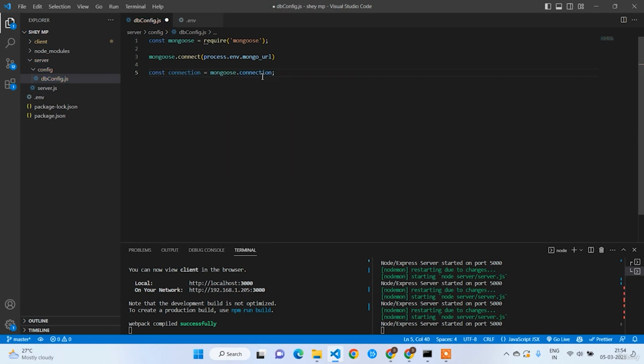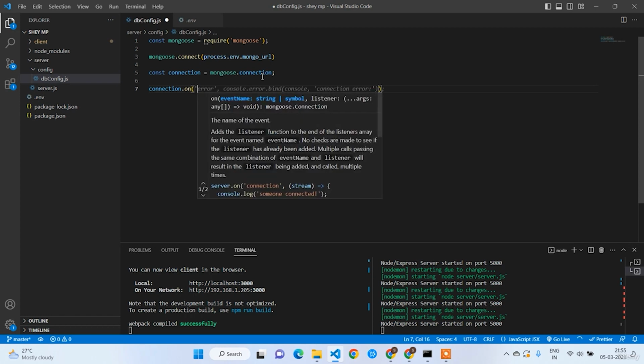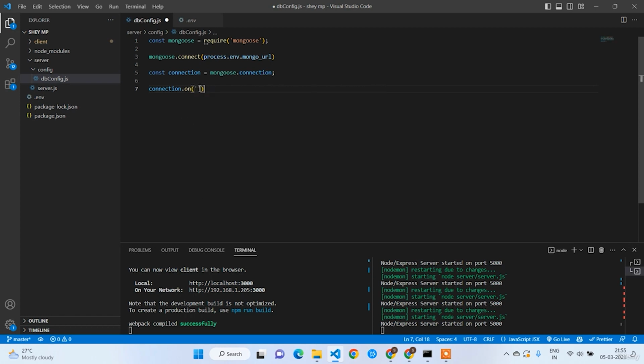Once you get this connection object, you have to verify whether the connection is successful or not. So connection has a method called on. For the on method, you can pass a parameter, and based on the parameter, it will give the values. The first parameter I'm going to pass is the success scenario, which is connected. So connection.on connected, I'm going to print the response as